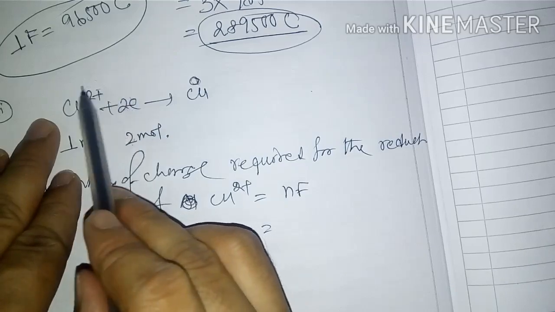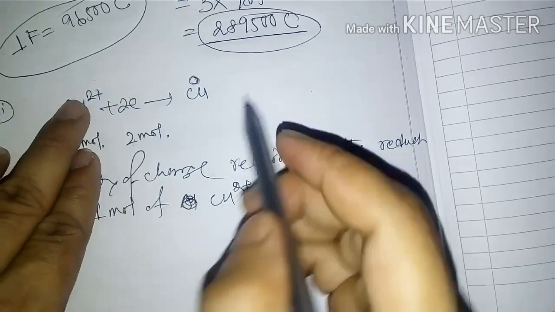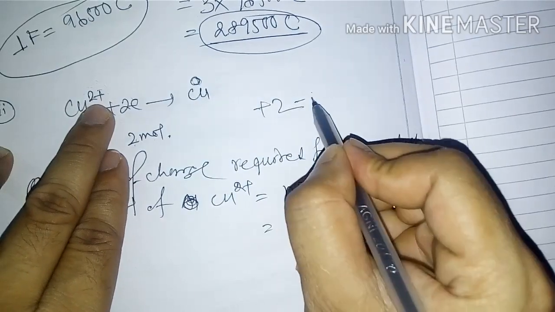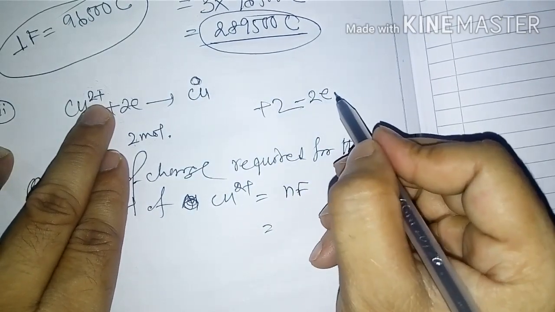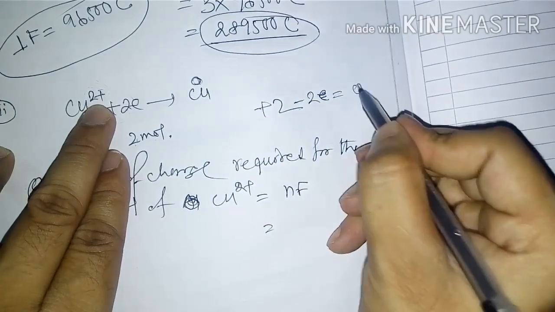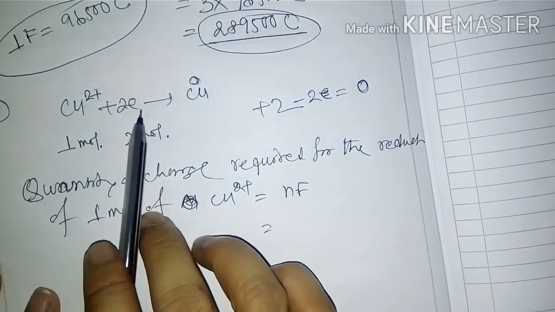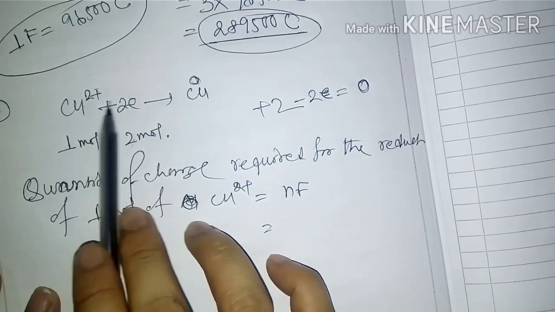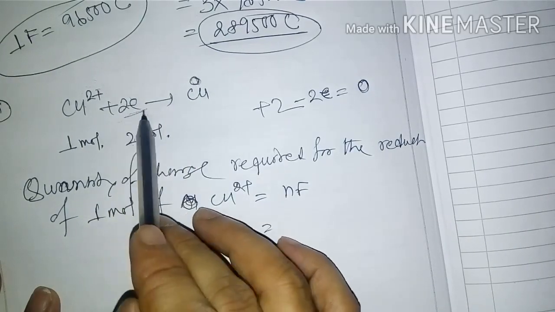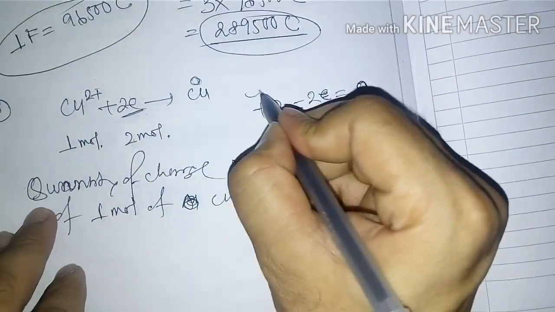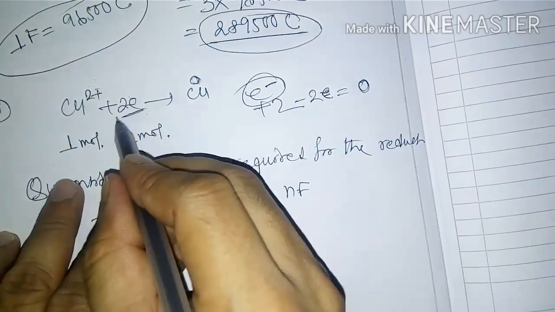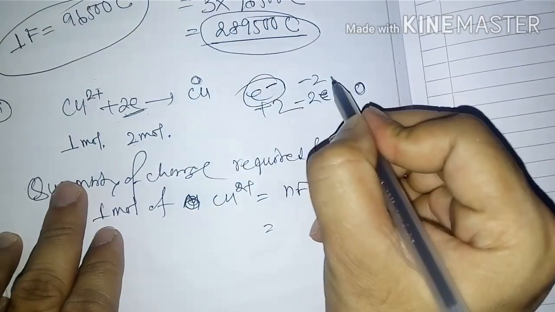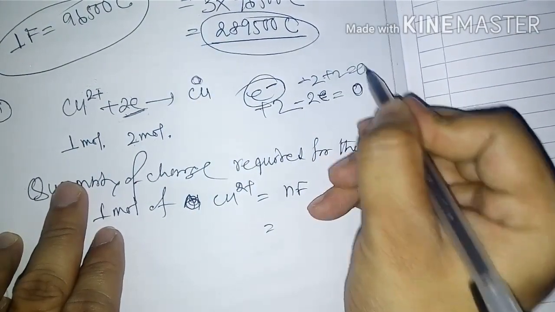Now on this side also you have to maintain that charge, 2 plus. For neutralization you can use 2 electrons, that means minus. Then you will get 0. This is a reduction reaction, gain of electrons, 2 electrons gained. And what is the electron charge? Electron charge is negative. So 2 negative and 2 positive will be 0.